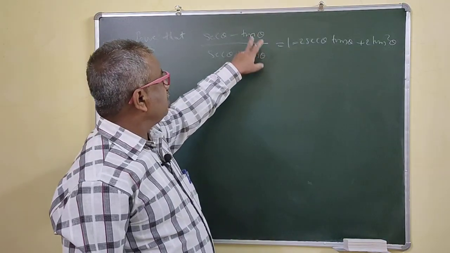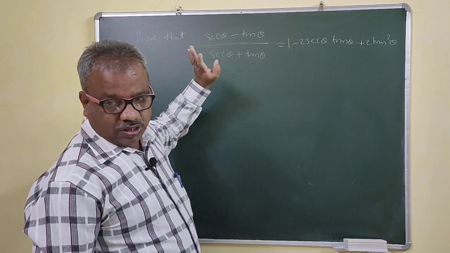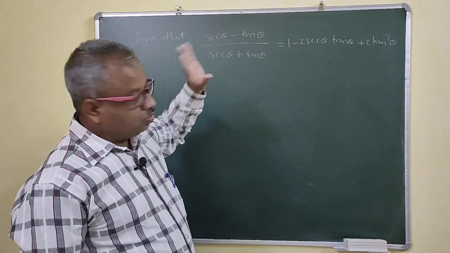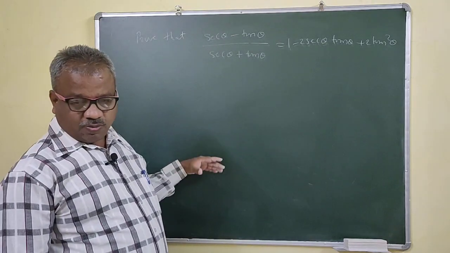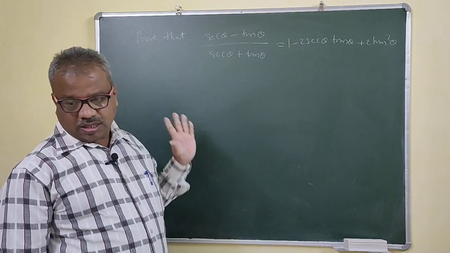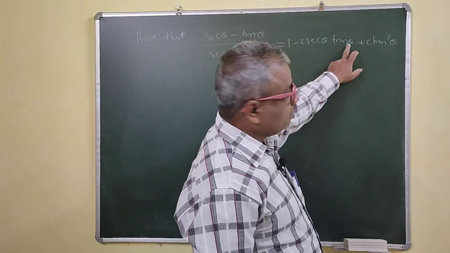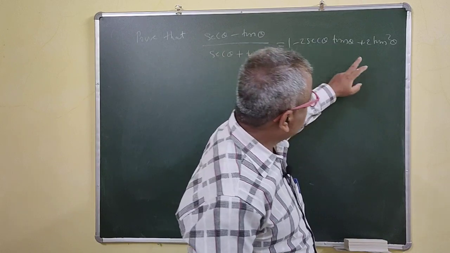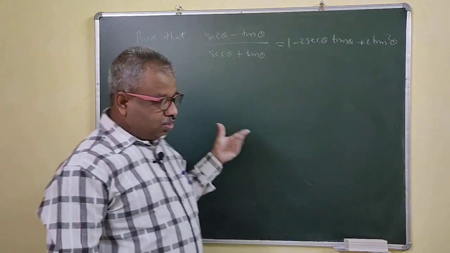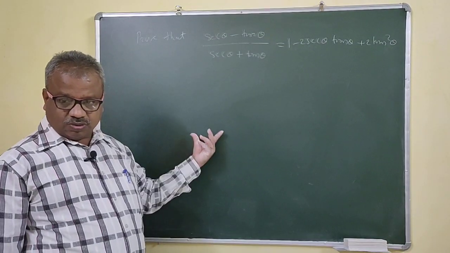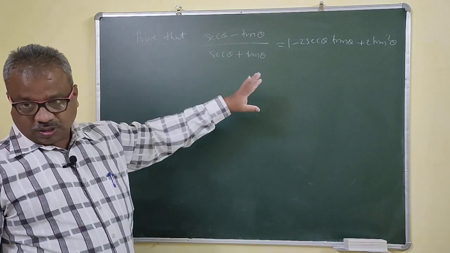If we take theta equal to 0, tan 0 is 0 and sec 0 is 1, so 1 upon 1 is 1. Your left hand side is 1. So now check for the option which gives 1. If only one option gives 1, then you are through. Put theta equal to 0 in the options; the one which gives 1 will be your correct option. So no need to prove this one.